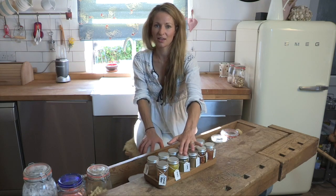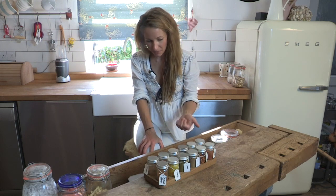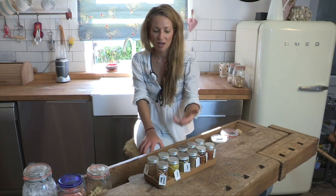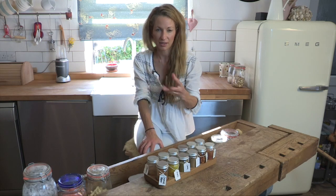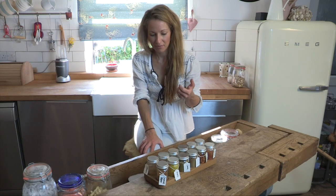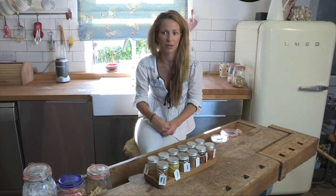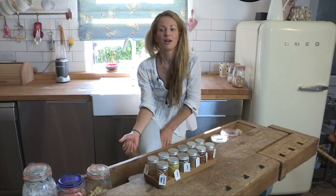Cumin is fantastic in meats. So it's great for cooking meats and stews with. It's lovely in rice, just for adding a little bit of extra flavour to rice, and also in dressings. You can make lovely spicy dressings with a bit of cumin,